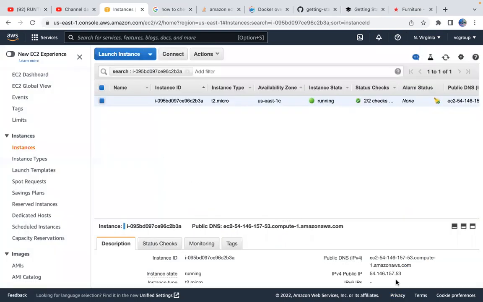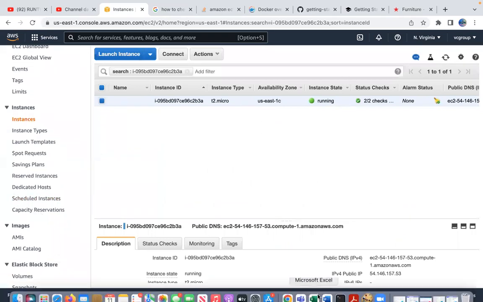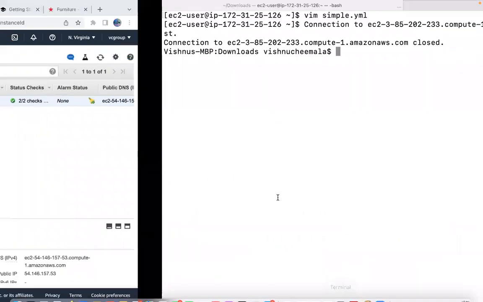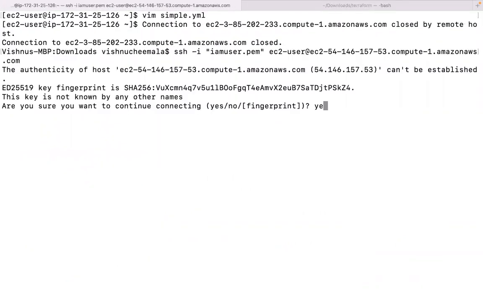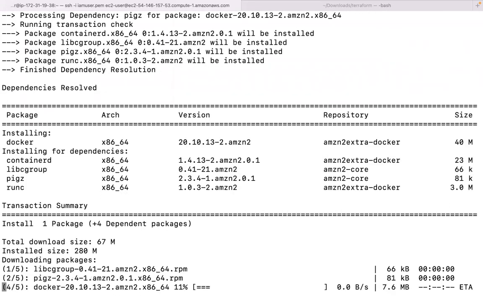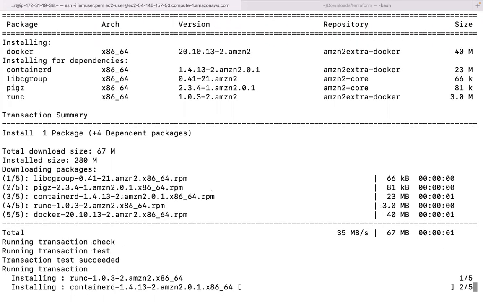Let me connect to my EC2 instance. Now, over SSH, I will run sudo yum install docker -y. Let me install Docker.